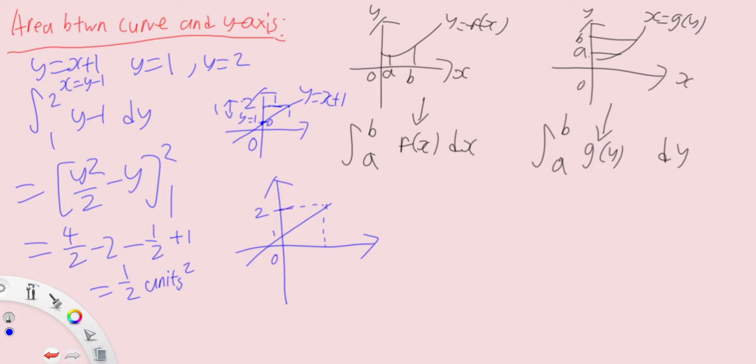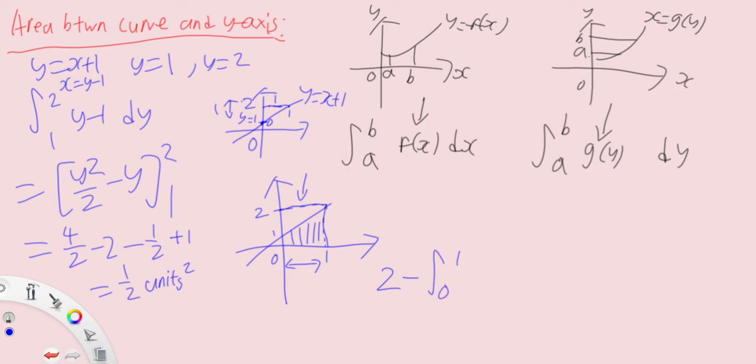This rectangle down here. What you can do is, instead of finding the area between the curve and the y-axis, you compute the area between the curve and the x-axis instead. Just that you need to take the area of this rectangle minus away this area down here, which happens to be the area between the curve and the x-axis. So you know that when y equals to 2, x equals to 1, so the width is 1, the height is 2, so the area of the rectangle is 2,